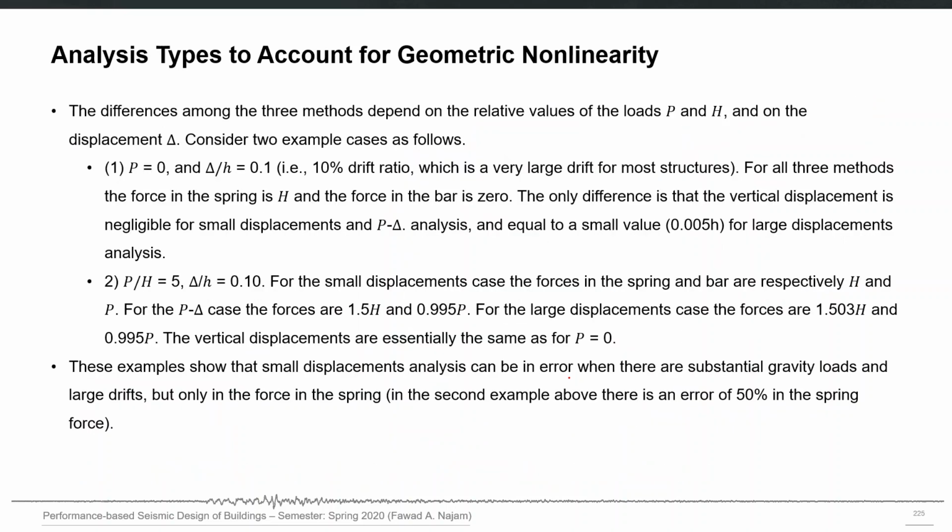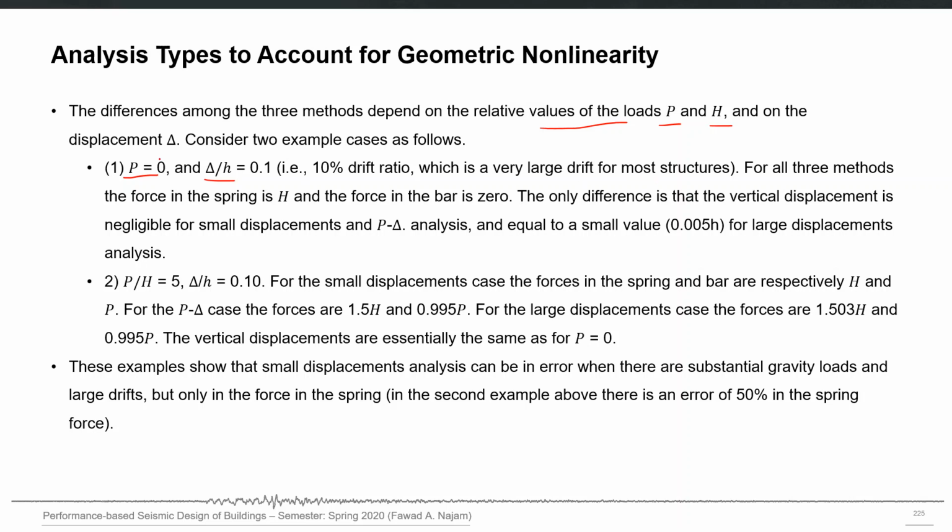The difference in the results, if you use these three analysis procedures, depends on the relative values of P and H. For example, consider two examples. When P is 0 and delta over small h is 0.1, where small h means the height of the structure, this means a 10% drift ratio, which is a very large drift for most structures.